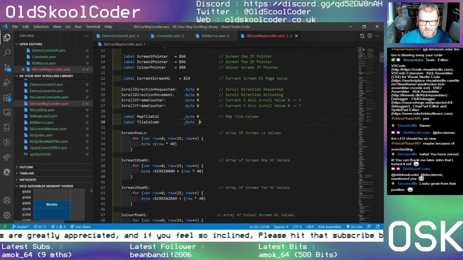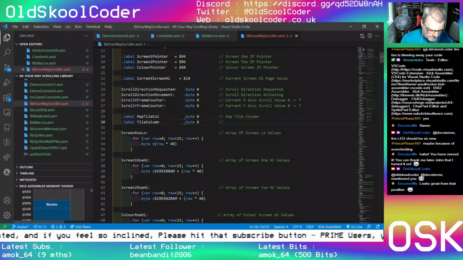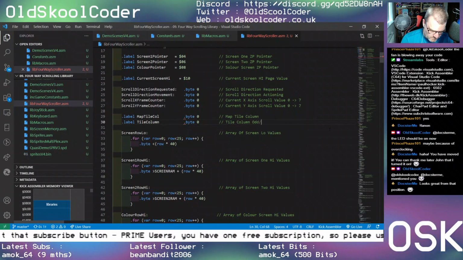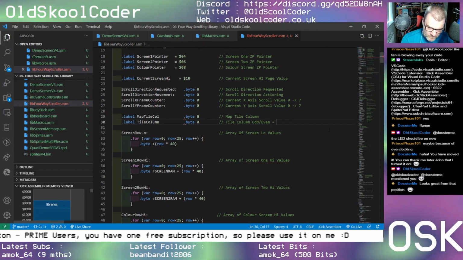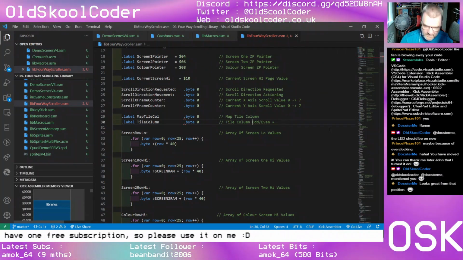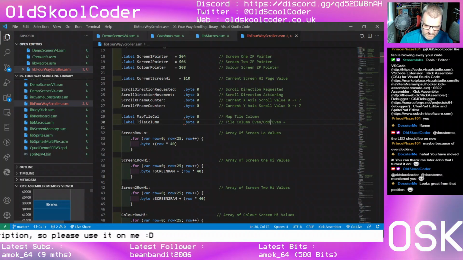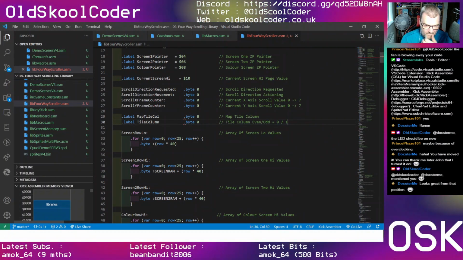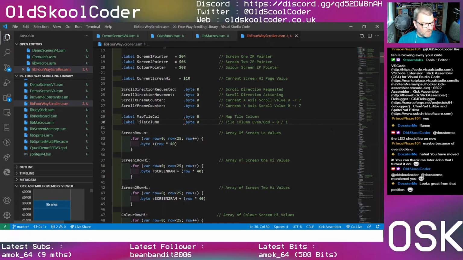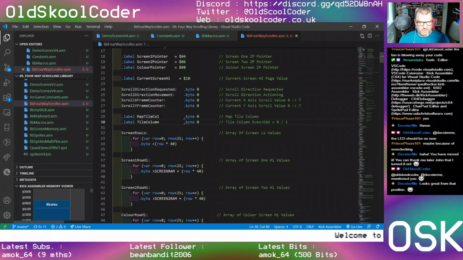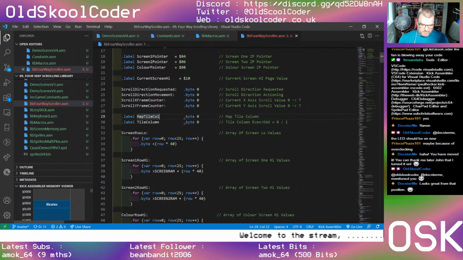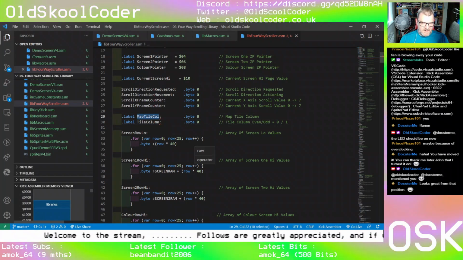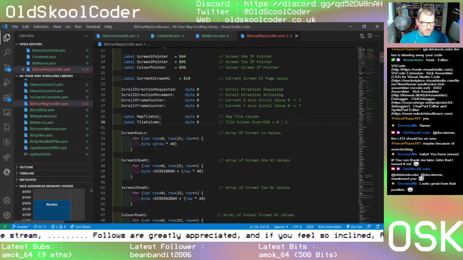Right, and this is the tile column, which is going to be either odd or even. Or in other words, let's do that the other way around: even, then odd. Or in other words, it's going to be 0 or 1. That's what I'm aiming for. 0 or 1, even or odd. And this is the map column that we are